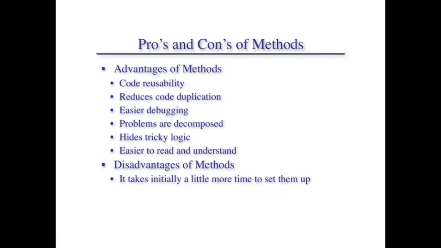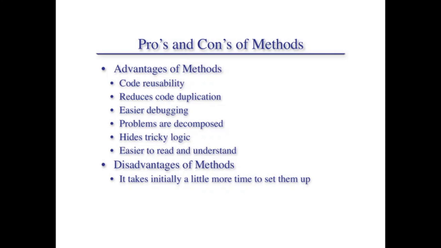Okay. Now what are the pros and cons of methods? The advantages of methods are, very importantly, code reusability, because we have seen an example when converting 4 different decimal values into binary numbers. It was quite a headache executing that again and again, and at the same time it included confusion and lack of reusability. So first, the major benefit of methods is code reusability, reduced code duplication, and easier debugging.